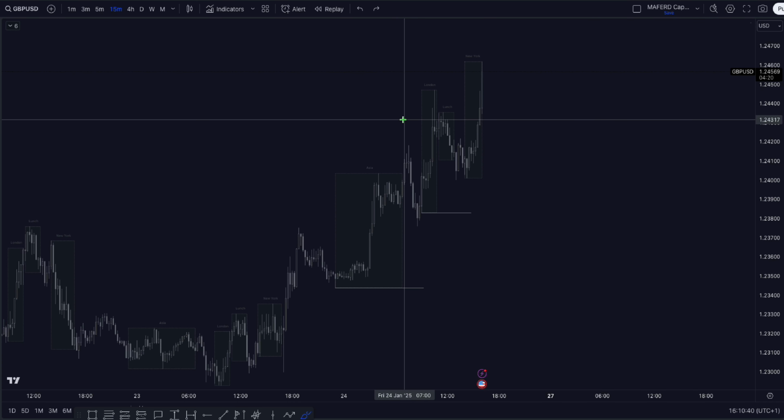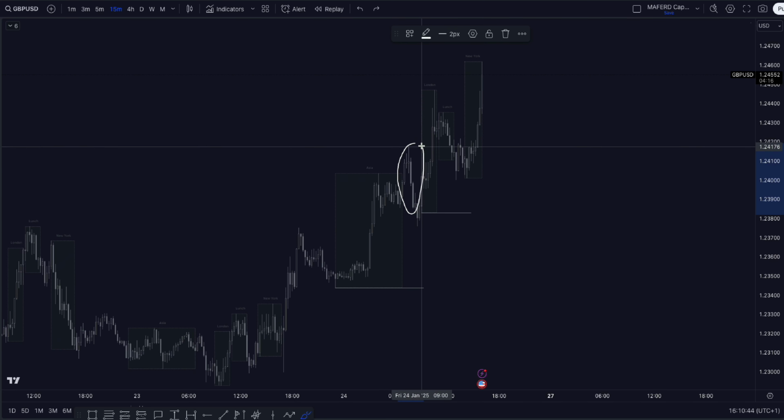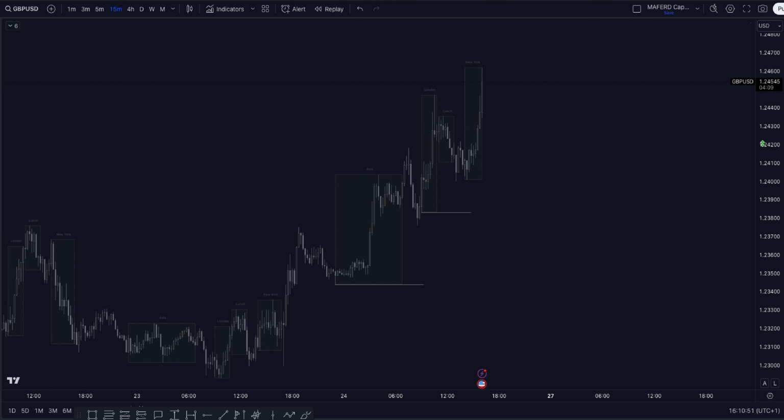And whatever you see here, these spaces outside of the sessions, these areas for me are very crucial. Why? Because during the end of the Asia and before the beginning of the London session, and same over here, they are very crucial for me because during these times